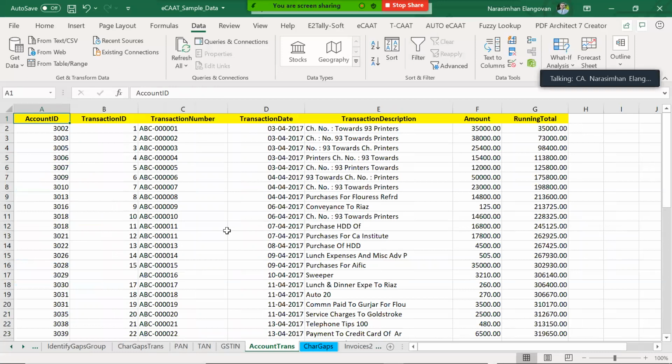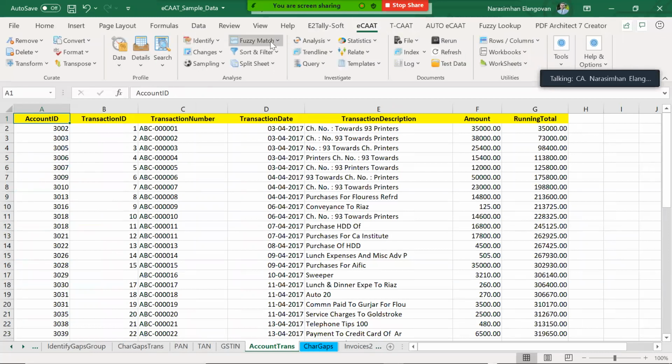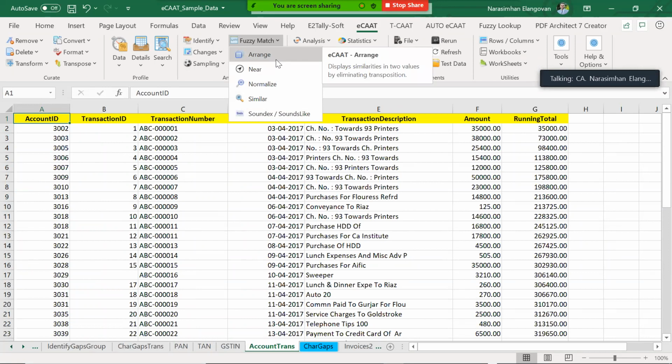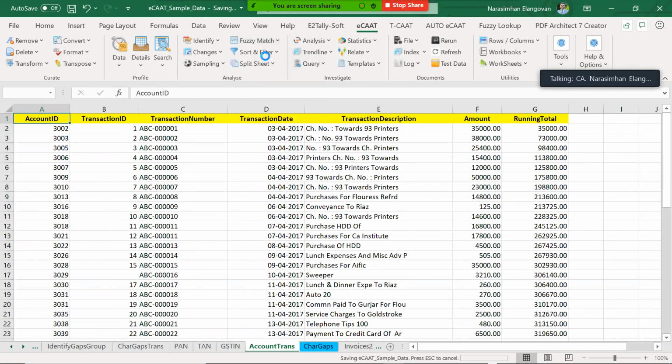Are you able to open the sheet? Now go to this ECAD tab, click on this option called fuzzy match. The moment I click fuzzy match, you have various options. I just click on arrange. Are you with me? ECAD tab, fuzzy match, arrange. Now I am asking the system to arrange something.